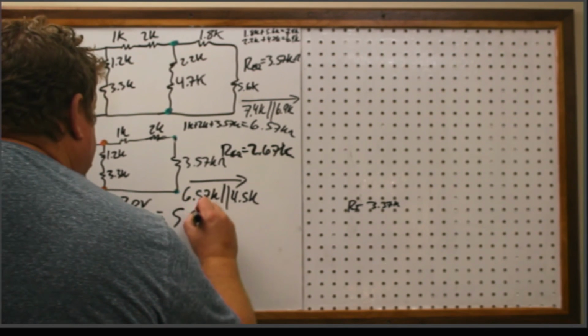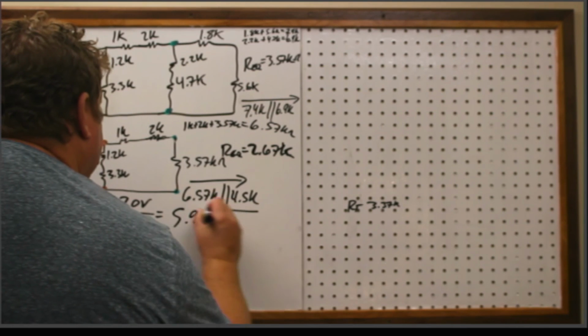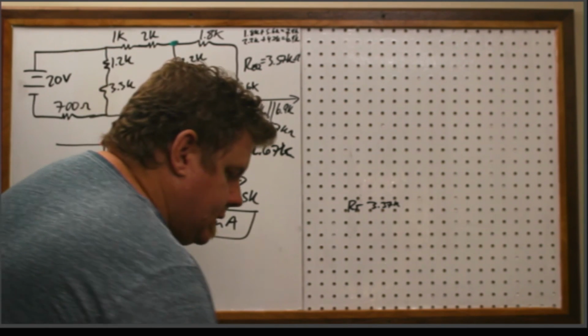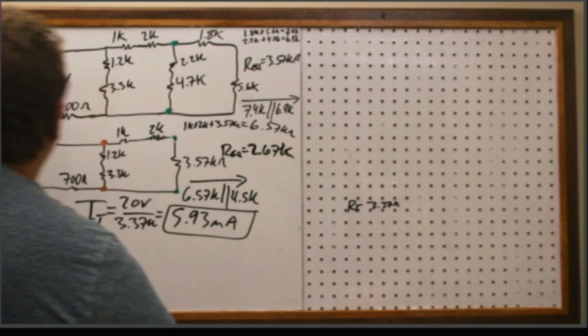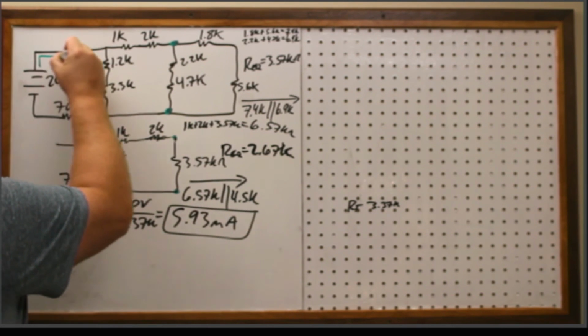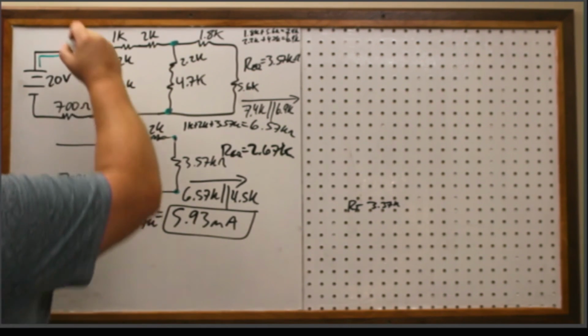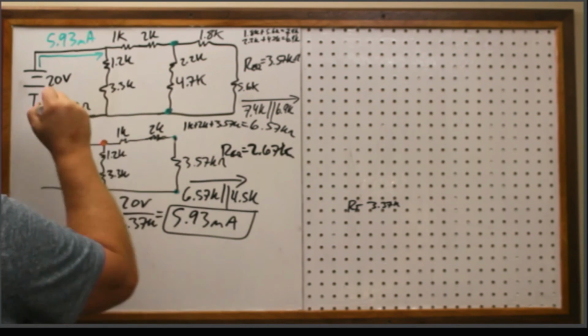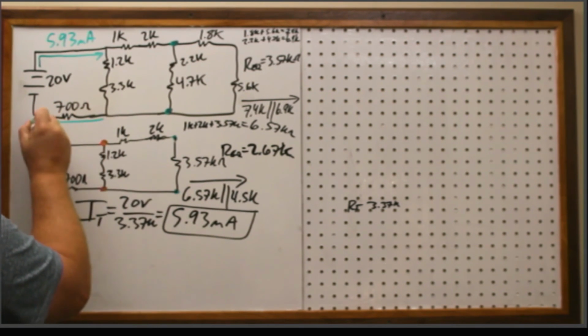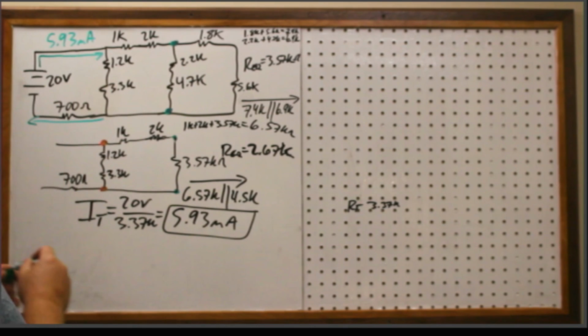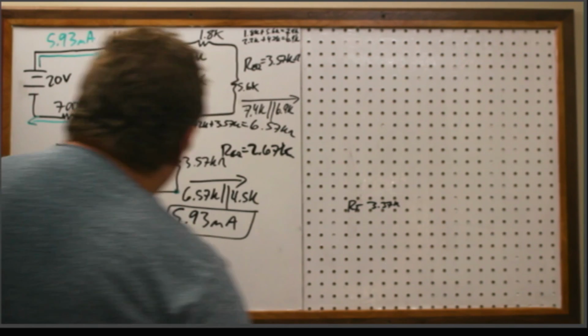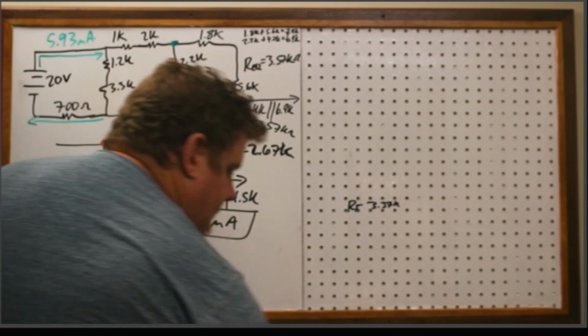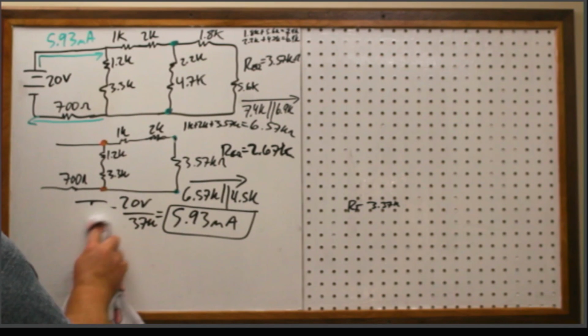5.93 milliamps. So we know our total current, and that's coming out of the source. And so that is 5.93 milliamps. Now there's no resistor up here, but that's okay. So we also know what the current is through here too. This one is also 5.93 milliamps. Okay. All right. Now that we have that,